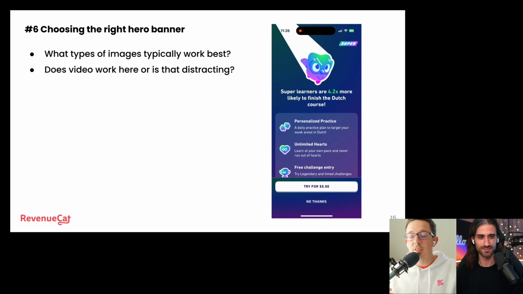So even though it might give the impression of quality and it might improve your brand and all of that stuff, in terms of the singular job of the paywall page that we talked about earlier, it might actually be doing damage by making it very pretty and distracting in a weird way. And I've seen this also on App Store product pages, where you can have those video previews on your product page.